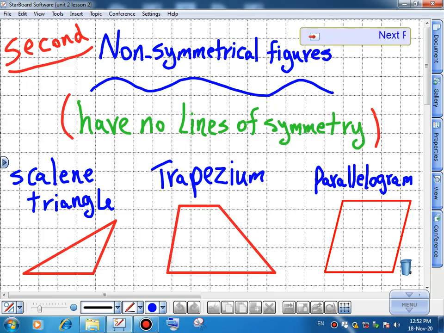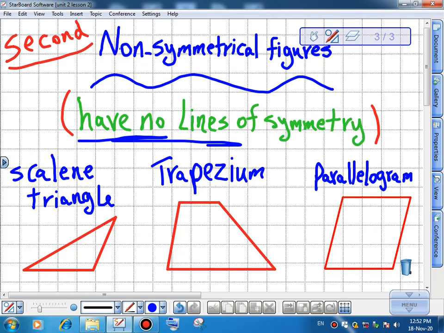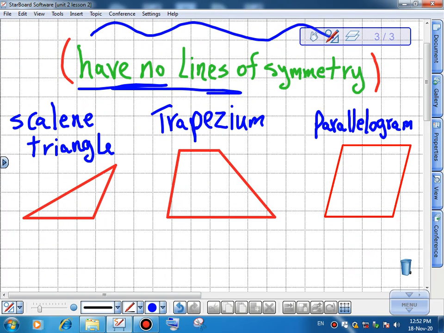The next one. First we saw the symmetrical figures. Next we see the non-symmetrical figures. Non-symmetrical figures mean they have no line of symmetry. If I cut any figure from the non-symmetrical figures, the two parts do not match exactly as we saw in the symmetrical figures. So the first one of the non-symmetrical figures is the scalene